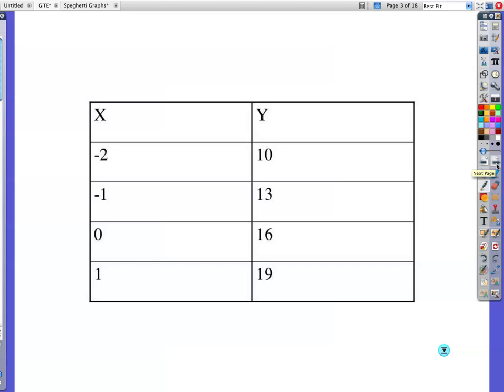What if I had to graph this? Well, I would graph the point -2, 10. And then I would graph the point -1, 13, 0, 16, and I'd make a line. Okay, I'm not even going to show you how to do that because you're so good at graphing. All right, so what we need to do now is write an equation. We've kind of done this before. Y equals, my y-intercept is my number across from 0, so 16, and my slope,